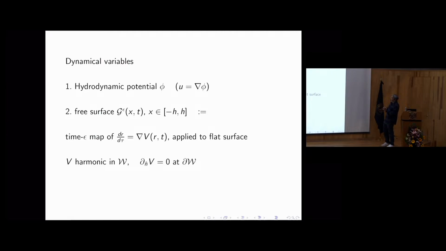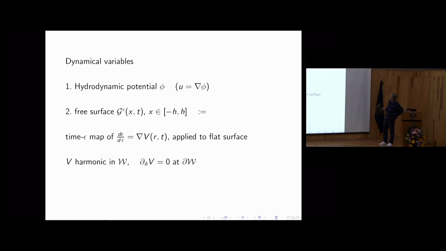I had a problem with using the wave amplitude, because the fact that it's a graph maybe is not such a problem, but the domain of this might change in time because the triple intersection moves. So I decided to use as dynamical variables, well, first the hydrodynamic potential that is there by the assumptions,